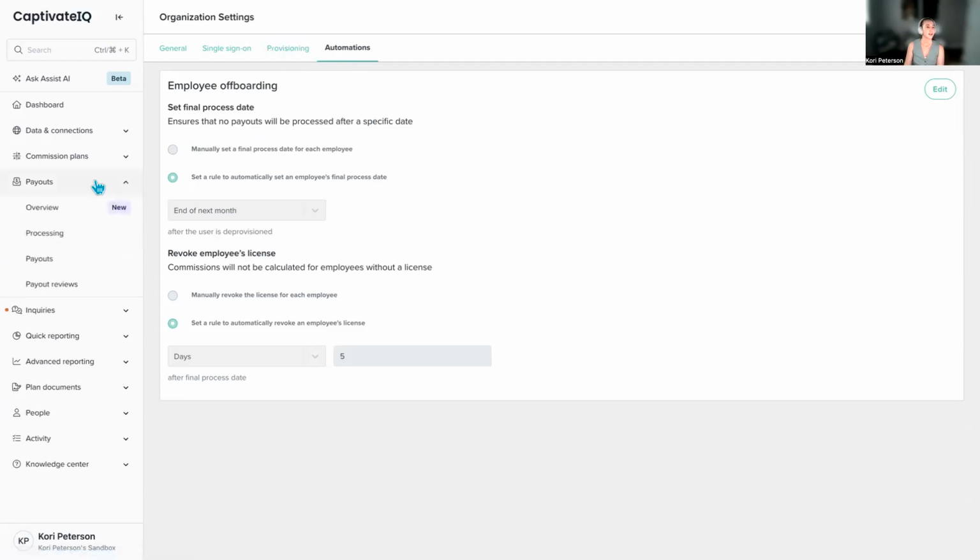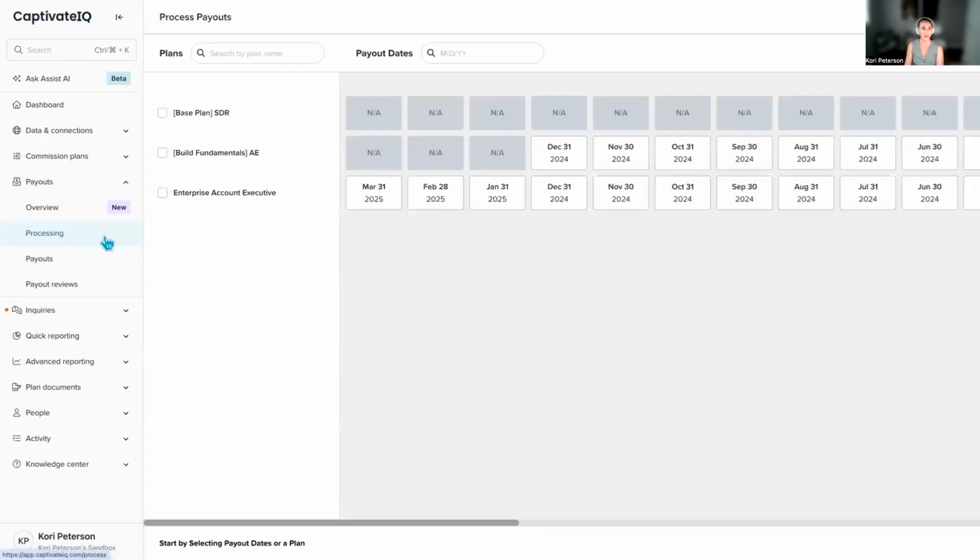The next one that we're going to take a look at is that number one feature of scheduling your payout processing. This is one that is kind of a lesser known feature, but we've had it available for a while. So if this is something you're interested in, you can immediately set it up after this call today.